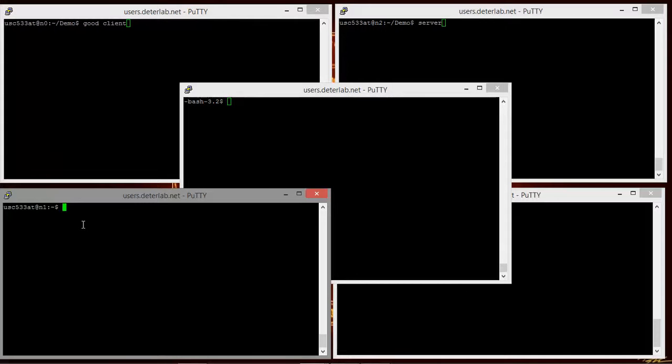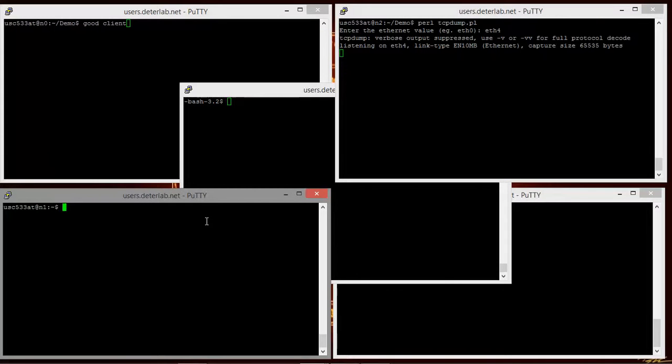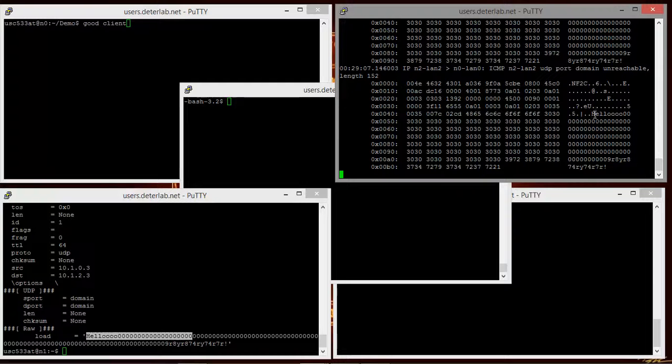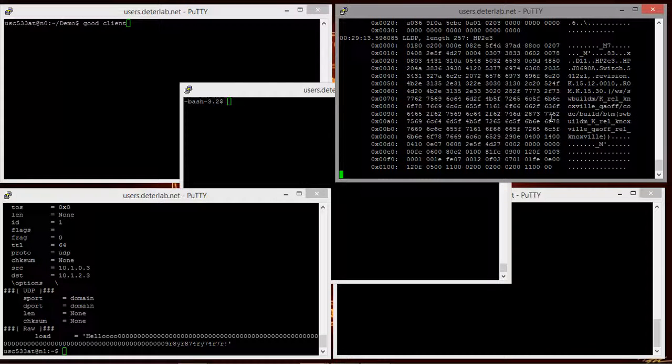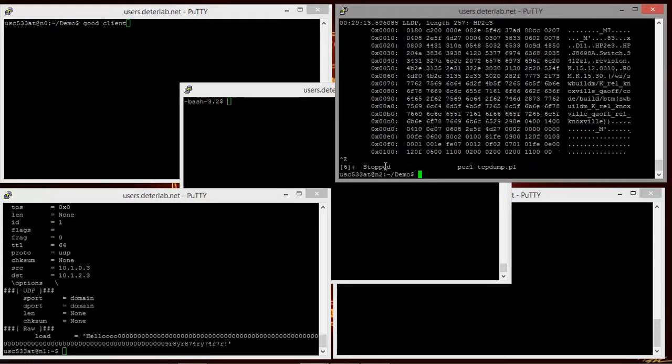As you can see, we will run tcpdump on our server. It is at eth4. So we'll start listening, and we'll send the data using our Scapy tool. As you can see, we are trying to send hello. This hello is received over here, and it has spoofed the IP address, as you can see over here, this is the IP address of N0. It has spoofed the source IP address, and 10.0.2.3 is the destination address. So this is how we are spoofing the IP.